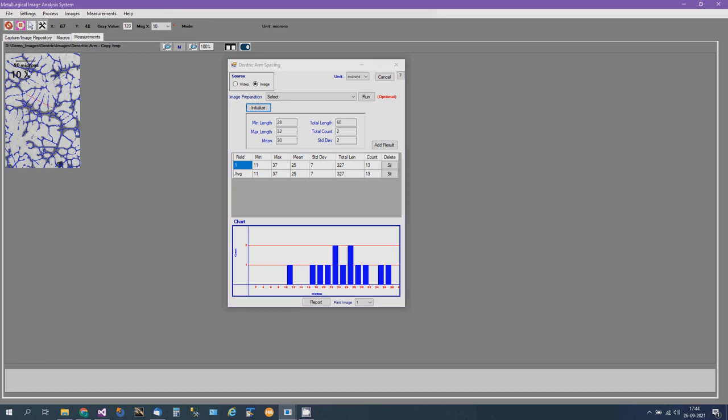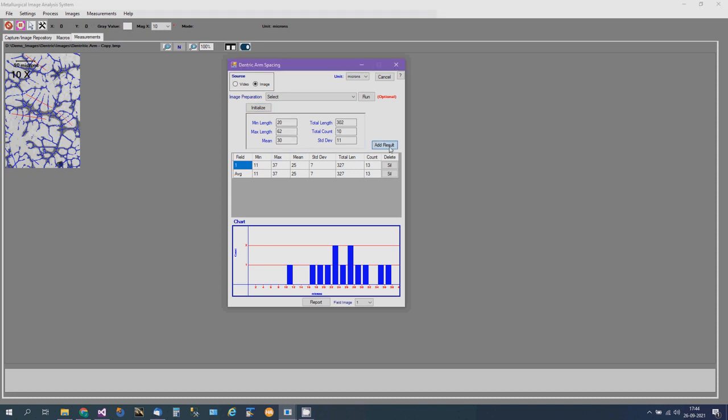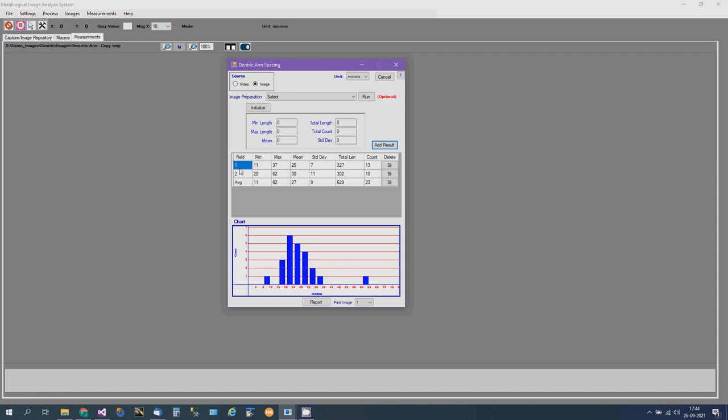You draw lines, you click the mouse here, move it to another location. You can see how the lines extend as you move the mouse. Click here again, you will draw another line. So this process you can repeat across as many samples as possible. You will get the consolidated results. So now this is the result for 2 samples. It gives you an average. It will give you a histogram.